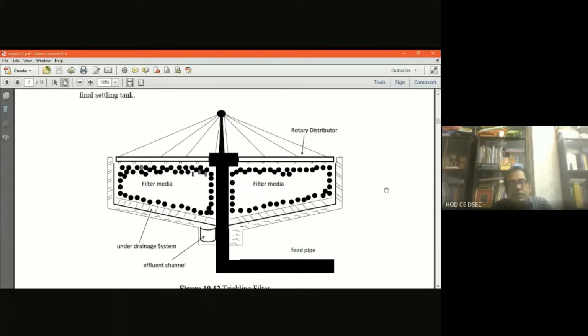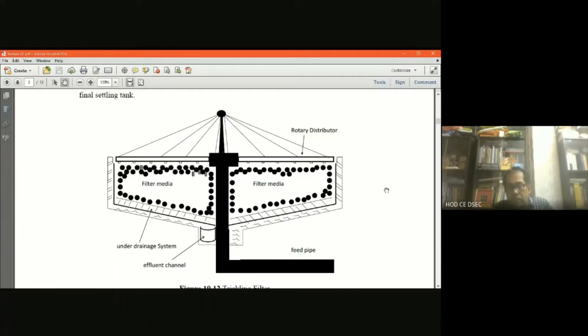The attachment surface is made of different materials of construction which are provided. The main goal of the attachment surface is that per cubic meter of volume, the surface area should be much more, because the more the surface area, the more attachment surface there will be for attachment of the bacteria. And if more microorganisms can have a surface area for attaching, then the treatment of the wastewater will also be more, because the bacteria will sustain more on the attachment surface.